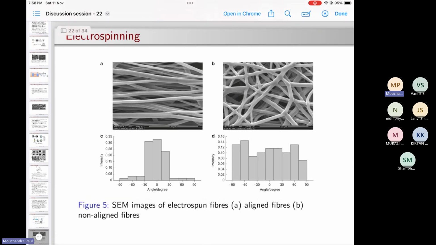This is a diagram showing how, if you change the setup of your electrospinning, you can either create aligned fibers, meaning a scaffold where the fibers are completely aligned to each other in one direction, or a scaffold where the fibers are randomly arranged. Depending on what type of collector you are using, if you are using a rolling drum, the drum is continuously rotating, and the fibers that are deposited also spin,